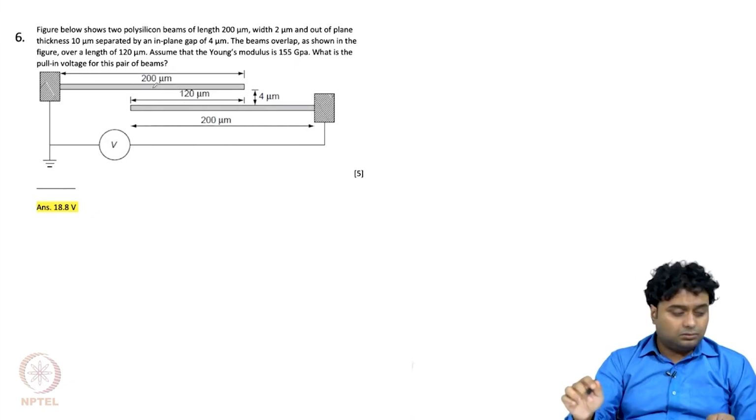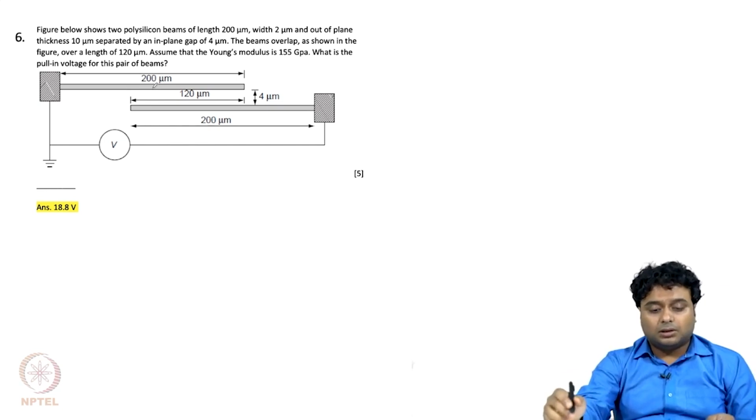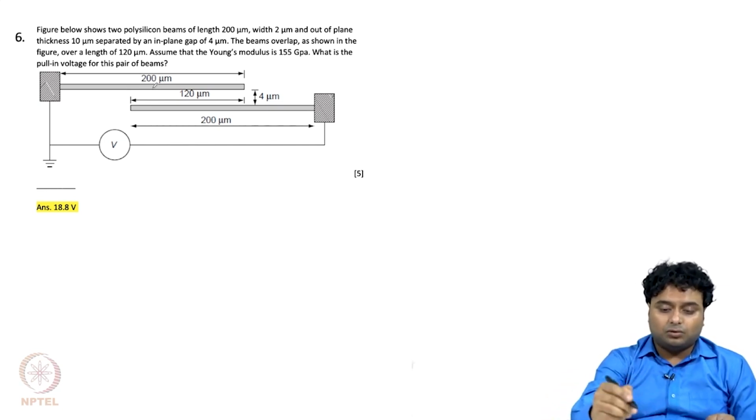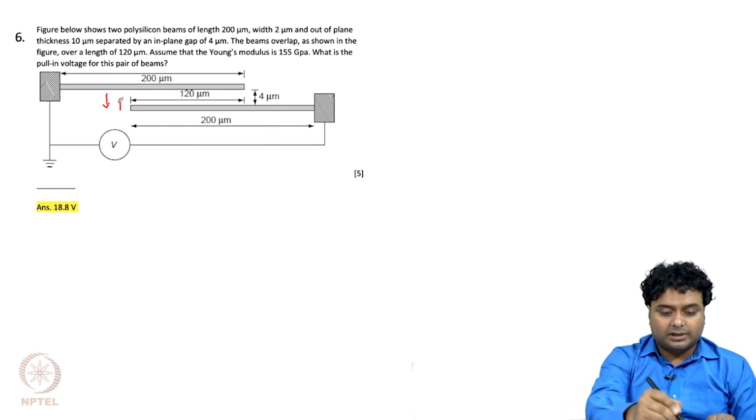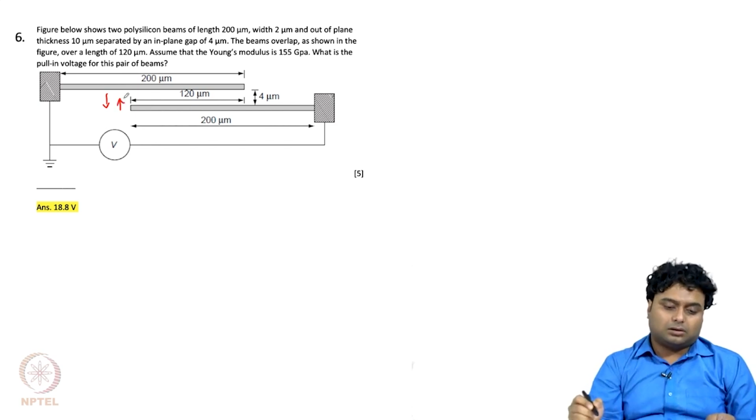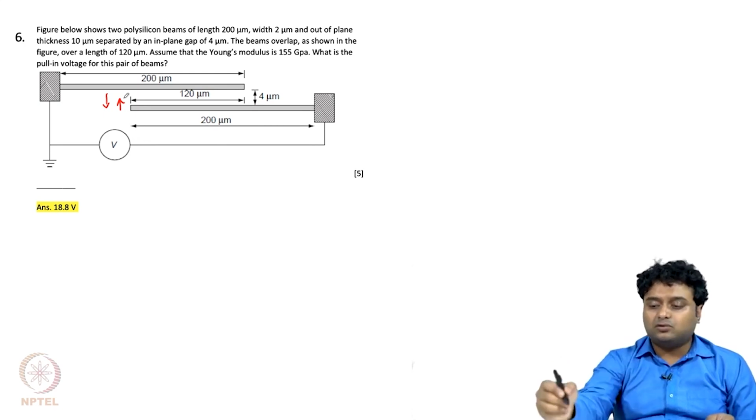Okay. Now this problem where we have two cantilever beams which are moving in plane, means this beam will get attracted towards this direction and the other beam will get attracted towards the top direction, right, and we need to calculate the pull-in voltage. Now for pull-in voltage, for the usual case